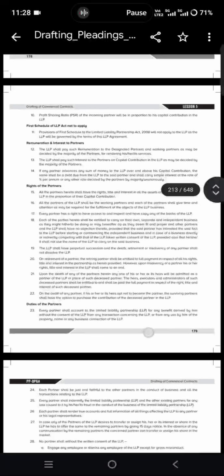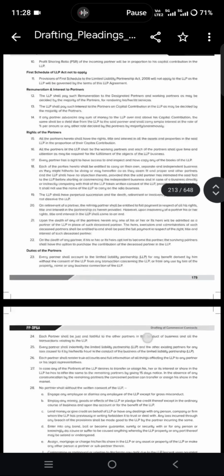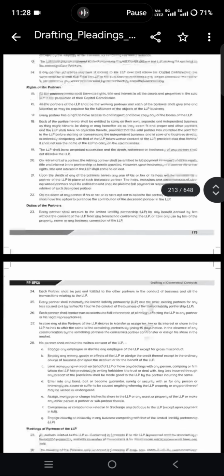So this agreement is between the LLP as an LLP partnership and the partners. So first partner, second partner, and all. And the third point also same, the only change is third party. And all the parties here, the first party, second party, and third party, shall be collectively referred to as partners. Where the first party is, second party is, third party is.